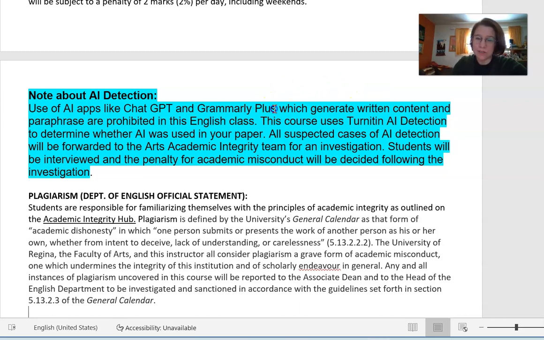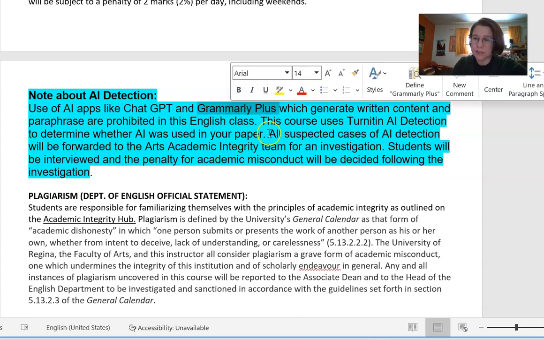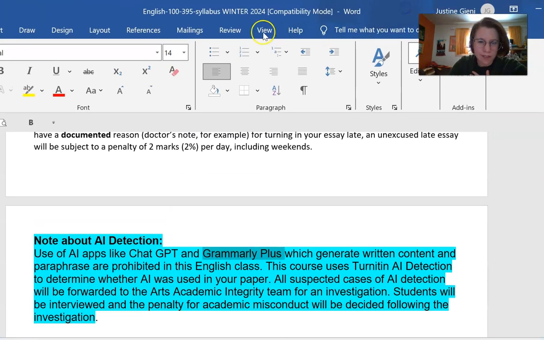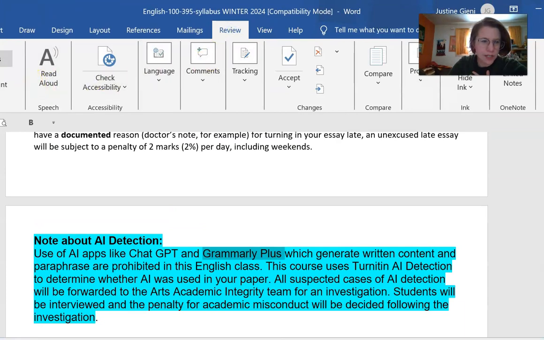Grammarly is one that students were using, but it does have paraphrasing technologies in there that rewrite your sentences for you. And I've seen that it is flagged in Turnitin. So I would avoid Grammarly if you have it on your computer. You shouldn't be using that in this class. Word documents have a spell check.